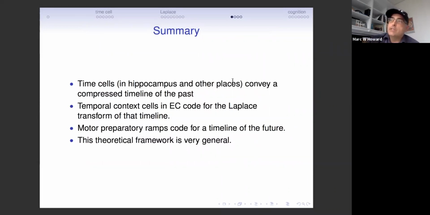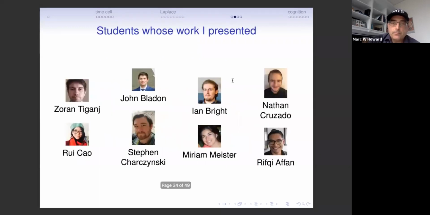I haven't really talked much about the psychology and I haven't really talked much about the theory, but there's really good reasons to think that this Laplace transform is extraordinarily useful computationally. There's a paper by me and Mike Howard on arXiv right now that I encourage people to take a look at if they're interested in getting a high-level overview of these ideas. This is really general and I'm quite excited.